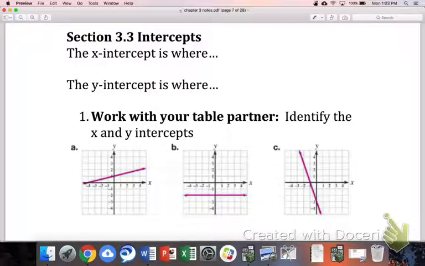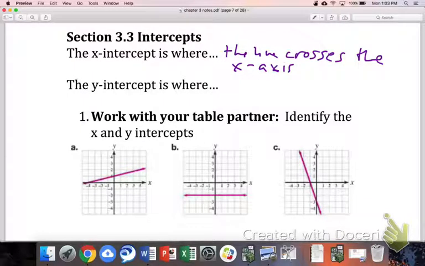Yes, Will, what do you think? Well, like where the line crosses the x-axis. Where the line crosses the x-axis, that's right. So let's fill that in. Where the line crosses, technically all it has to do is touch, but we'll say crosses the